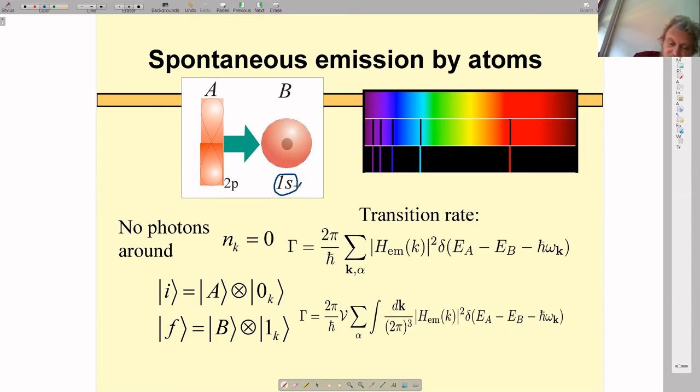Then the excited state we are interested in is P state. Eventually, there are 3 P states. It doesn't matter for us at the moment which of the 3 it is. Right, so we will look at spontaneous emissions by atoms, and I wonder if I have a couple of minutes